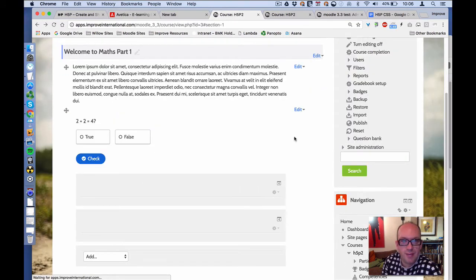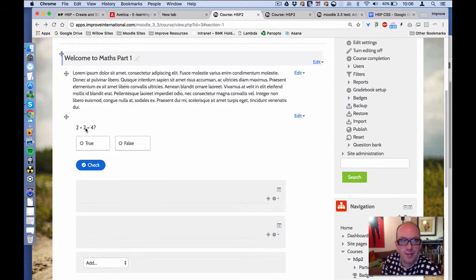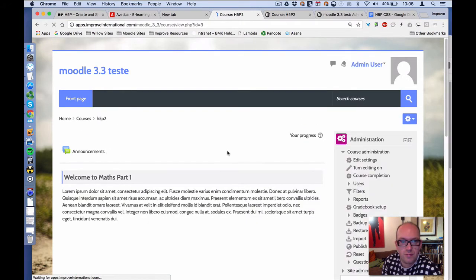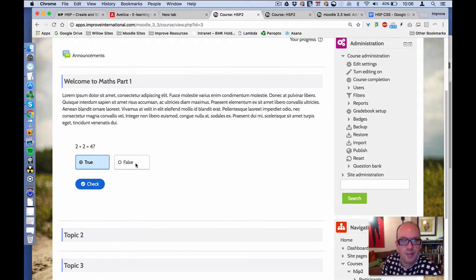Now we can see the embedded activity. And if we turn editing off, there it is. And it fits pretty well. Might be able to shrink the height down slightly. But what you could simply then do to continue the learning experience, if we turn editing back on again, because